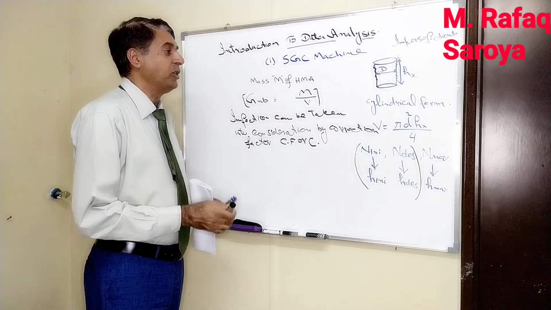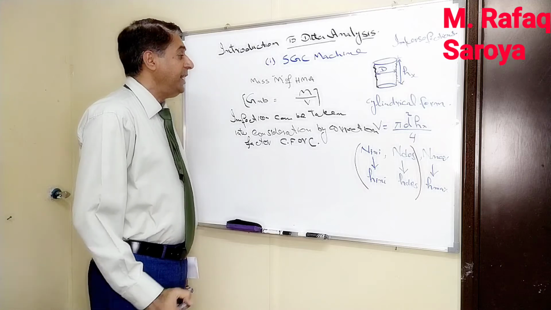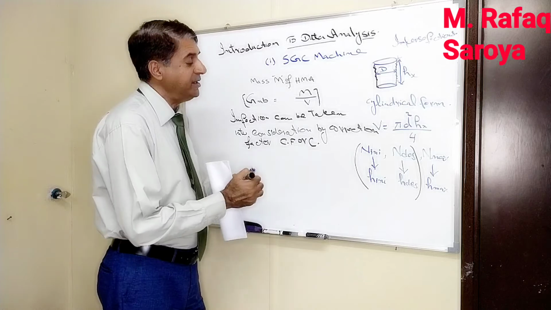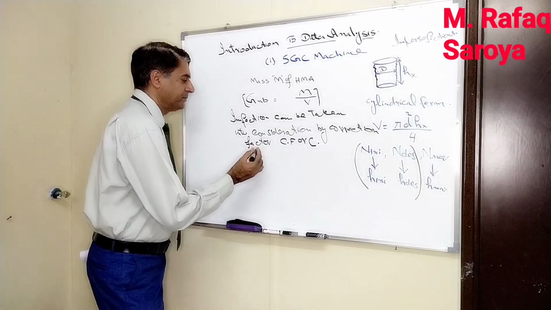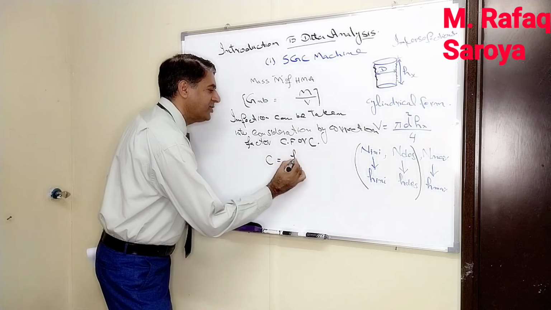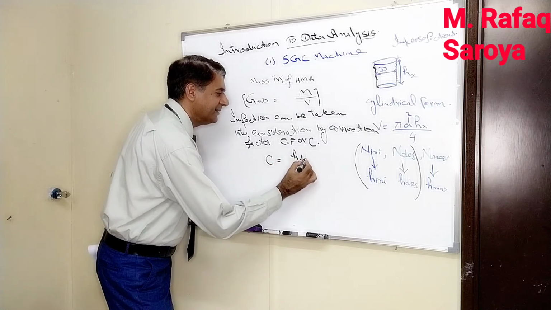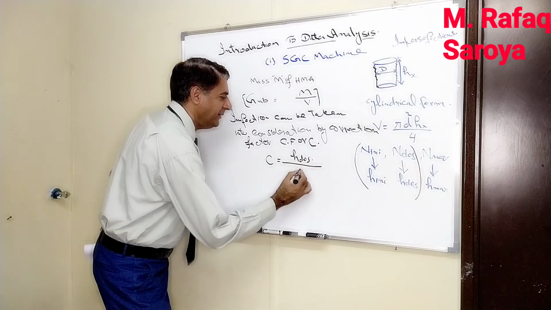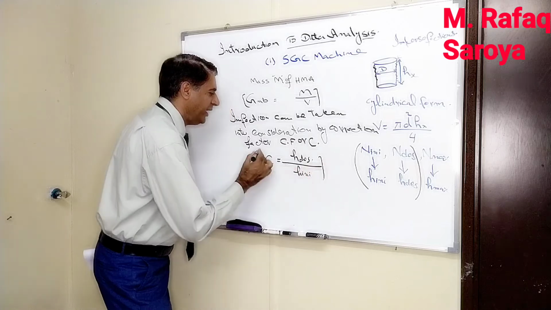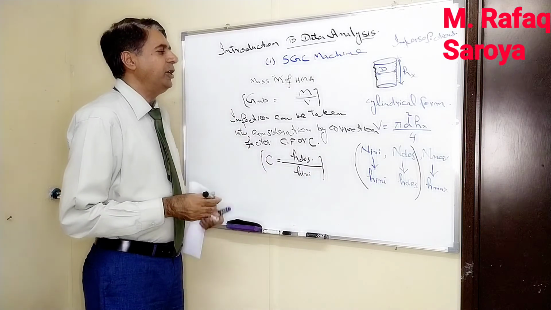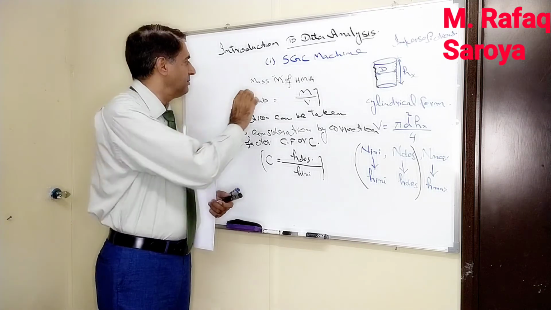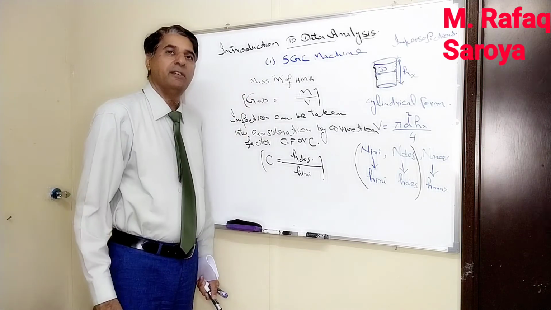Because N max I am not going to study now. Here I have told you the correction factor. This correction factor is given by this formula: C is equal to H dash divided by H ini. And I will use this correction factor in order to determine the values of this bulk specific gravity of this